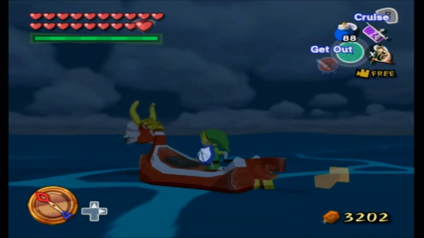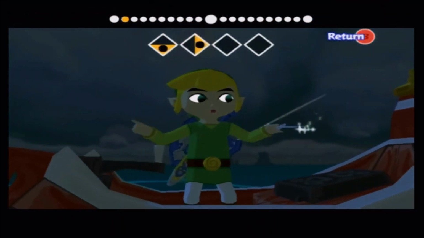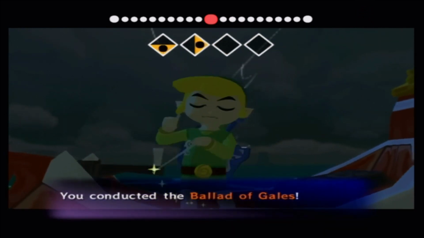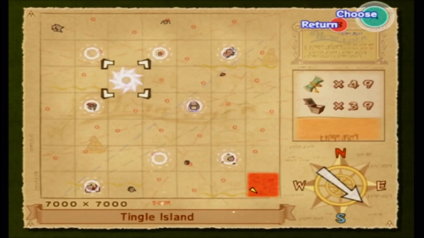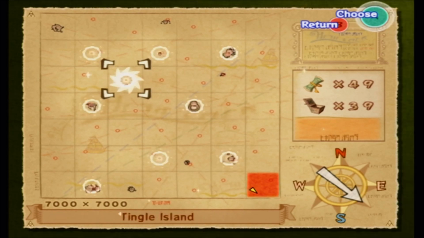Get on with it. Okay, enough gab. Let's get it over with. Let's get it on. Okay, so first stop is the Forsaken Fortress. We're finally going to see what the fishman was talking about with the fortress being deserted, so...